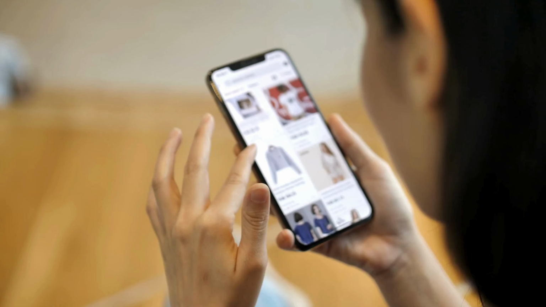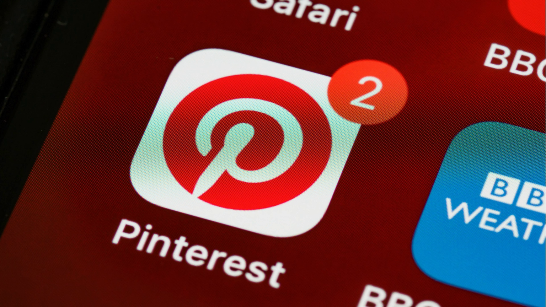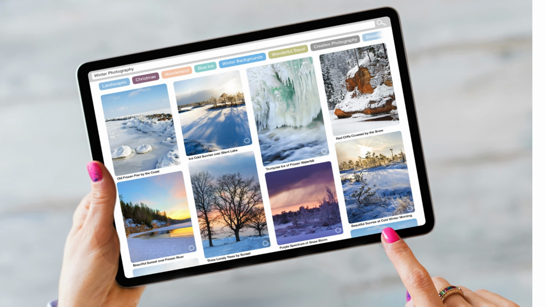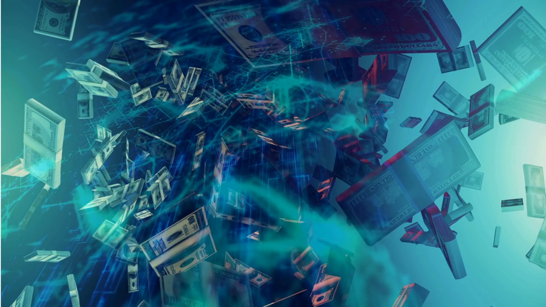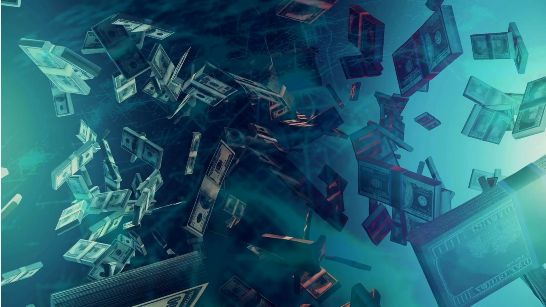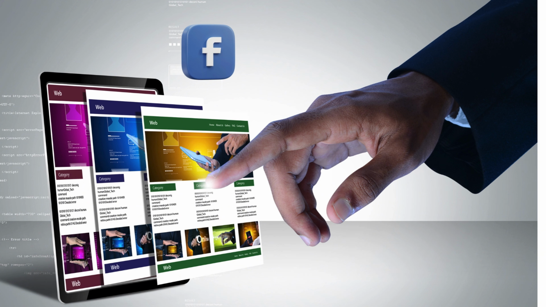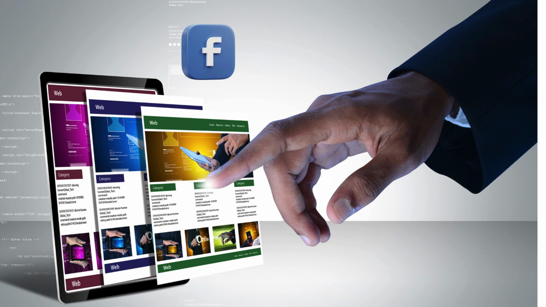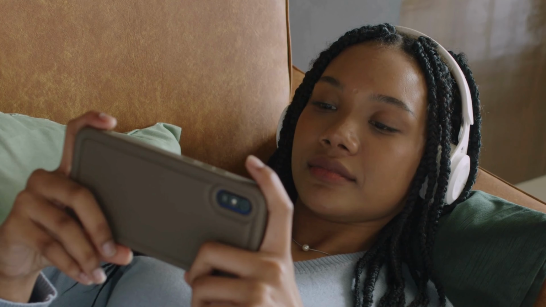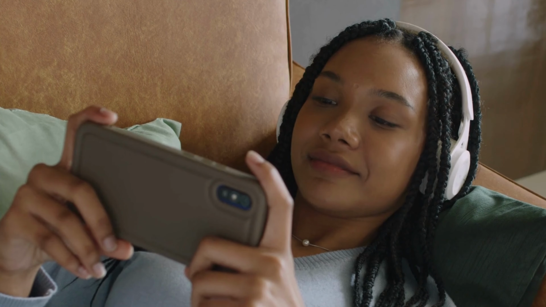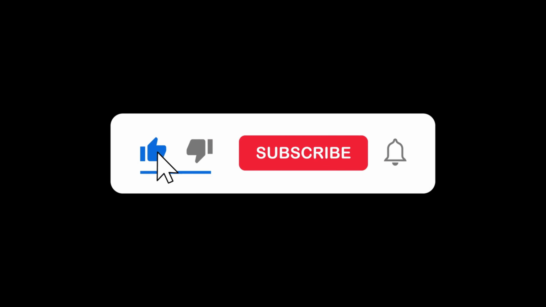Let's talk about how to promote your shop for free. Pinterest: create a free business account. Upload your design image with a keyword-rich title and description. Link it to your Redbubble product page. Facebook groups: join niche groups related to your design, e.g. cat lovers, kawaii fans. Share your product as a fun post, not a sales pitch. Instagram Reels and Stories: post quick 5 to 10-second reels showing the product mock-up. Use trending audio and add hashtags like #printondemand, #Redbubbleartist,